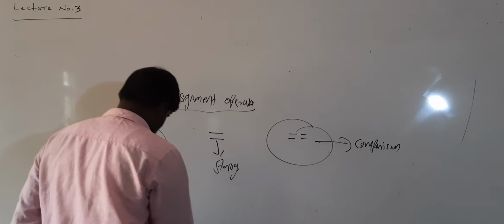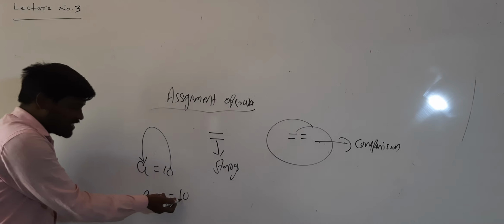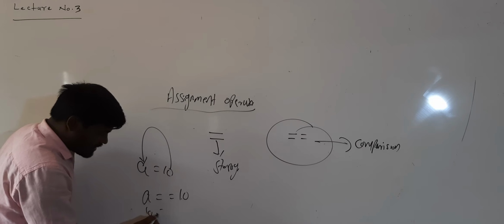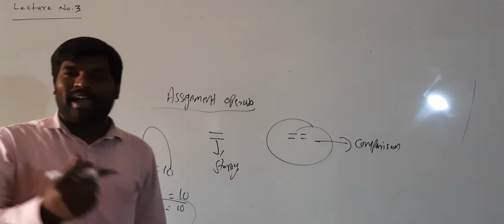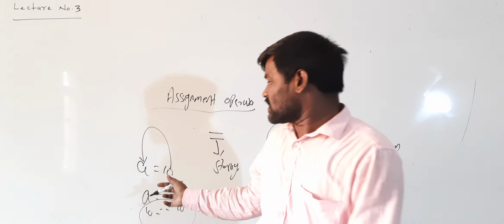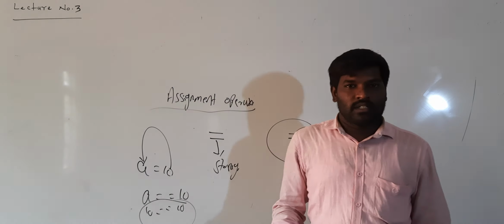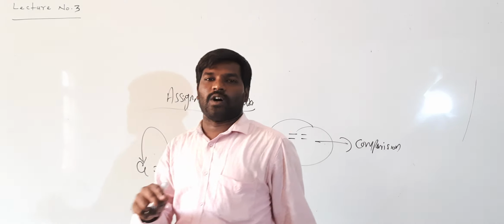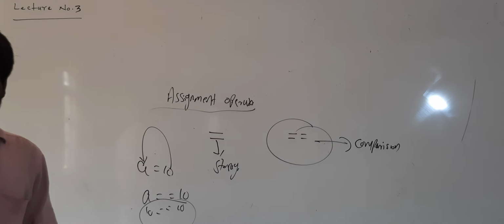See here the difference. a == 10. Here 10 is not stored in a. Here a value is there, and it is compared with 10. Double equal to means comparison. Whatever the variable is there, that variable is compared with this value. That time we have to use the double equal to. Single equal to means storing or assigning the value.